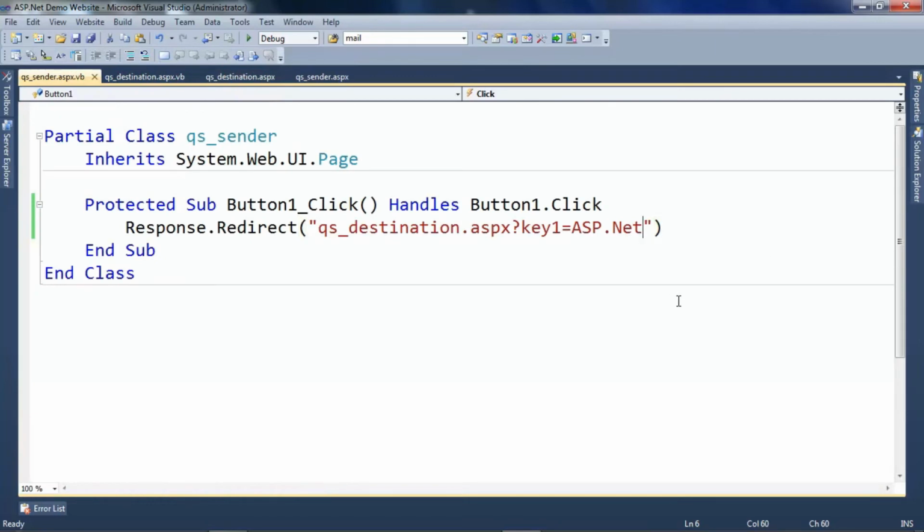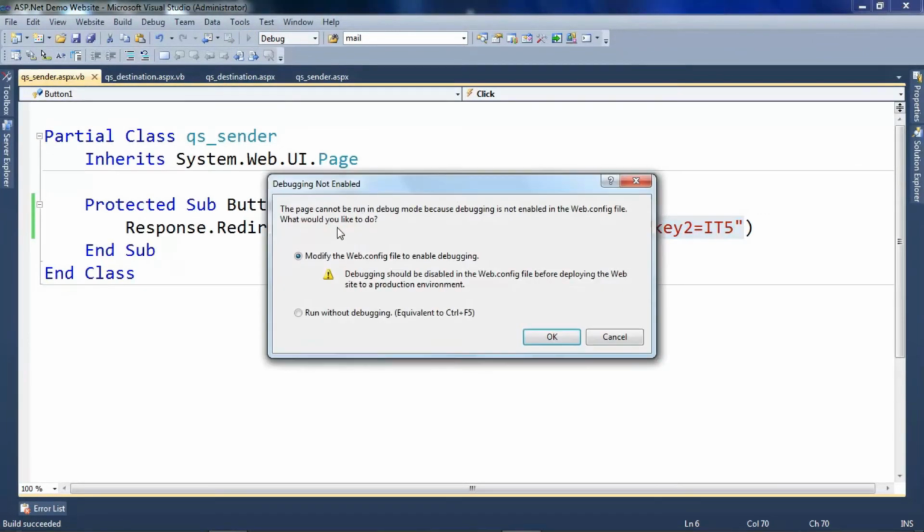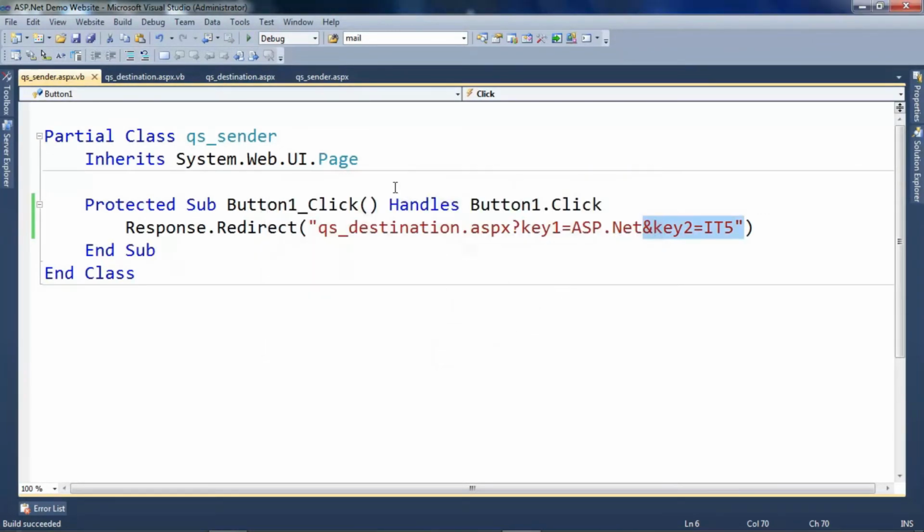So to send multiple data, what we'll do is append with ampersand. So key 2 is equals to, let us say, IT5, because ASP.NET in the IT5, right? So now we have appended this data with ampersand, and I will run this page again.